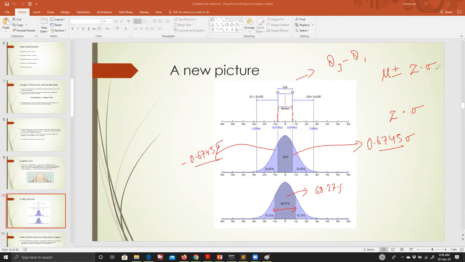Now, of course, this sigma is population sigma, not the sample one. Now the problem is, how do you know the Z value, or how do you come to know the Z value? There are charts, there are online calculators to do this. I will try to explain it through charts, and of course you can find some mobile app or online websites which can do this for you as well.